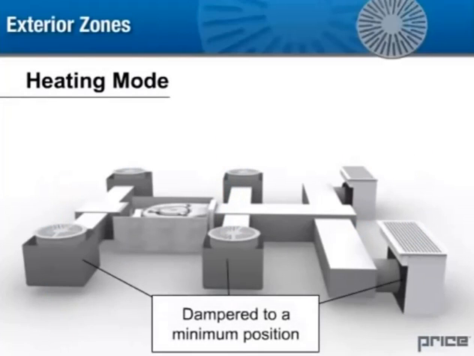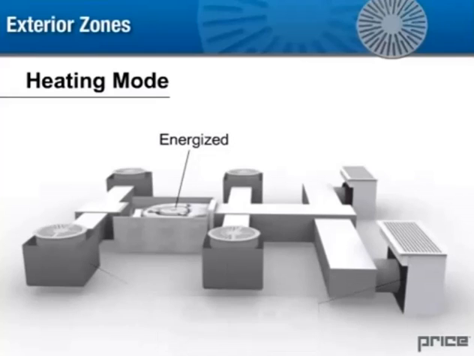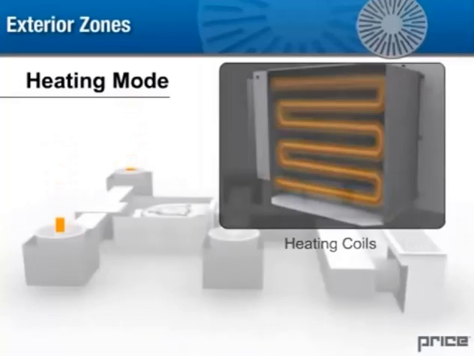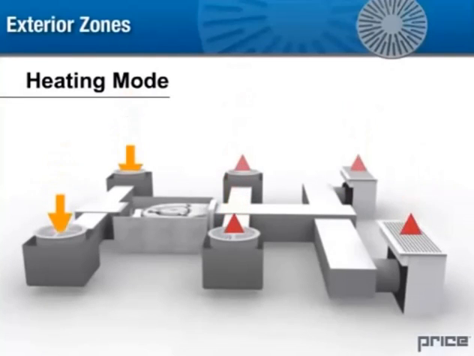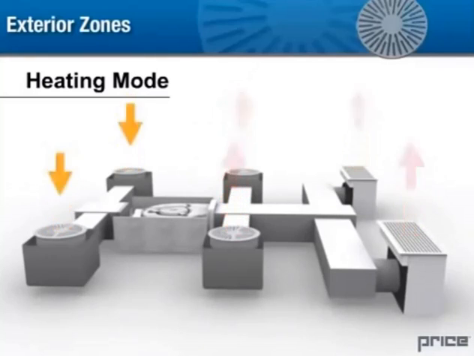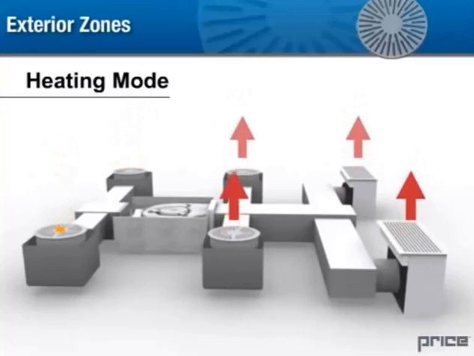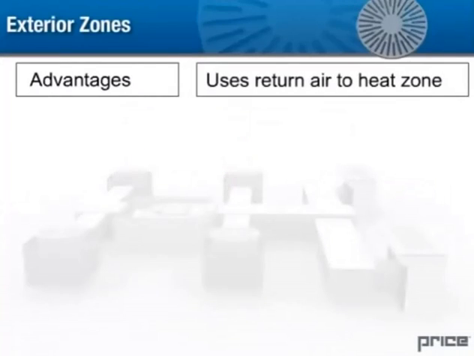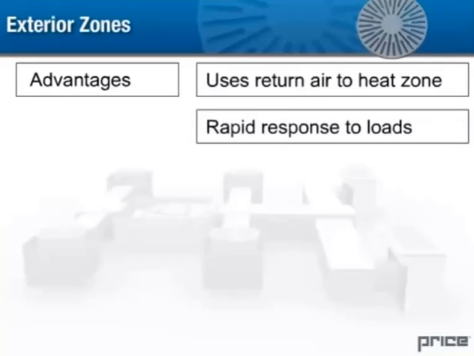In the heating mode, the plenum inlets are dampered to a minimum position, and the fan-powered terminal unit is energized. Air is drawn from the control zone through the boot ducted to the inlet side of the terminal unit. It then passes through the terminal unit and heating coil and is discharged back into the control zone through the boots on the discharge side of the terminal unit. This allows air to be used for heat, reducing the interior energy requirement to heat the perimeter zone. An advantage of this option is that it uses return air to heat the zone, and there's a rapid response